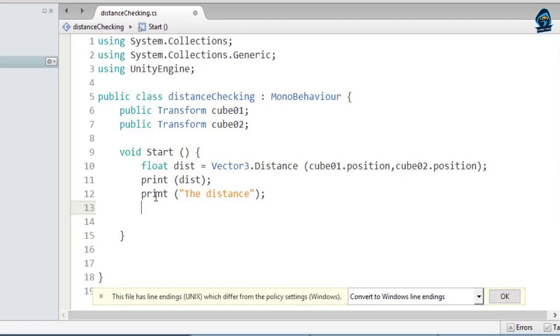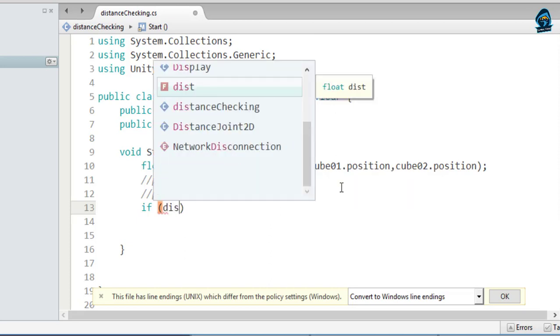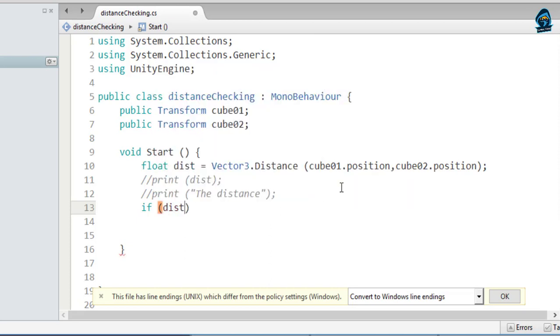Now, the very first task is let's comment out these two lines. We have already discussed comments in the last video. We have to put the condition: if, in parenthesis for the condition, the distance value is greater than 10,